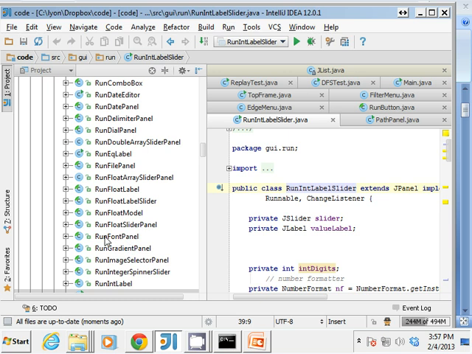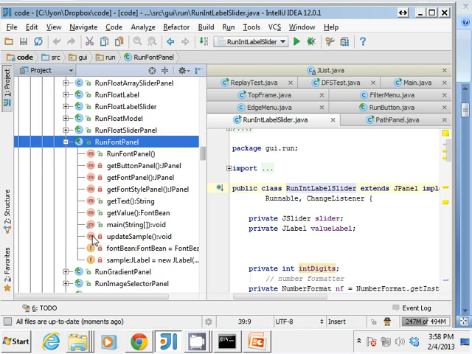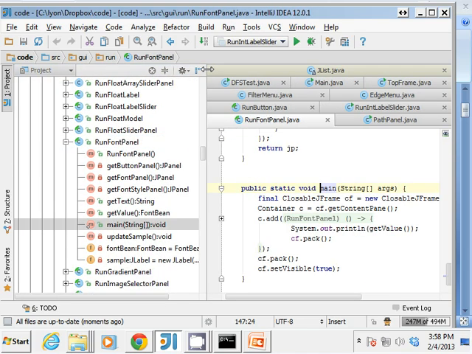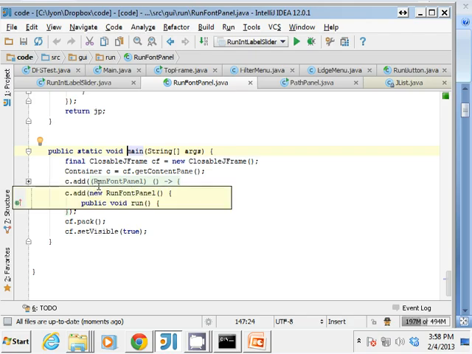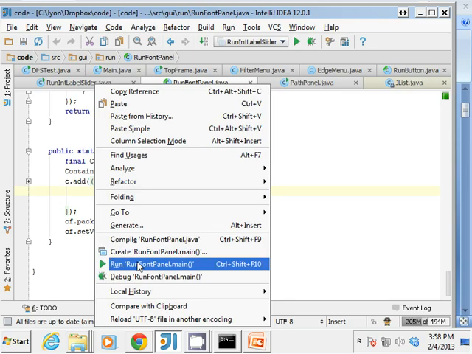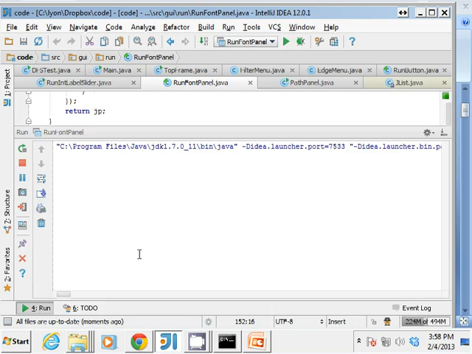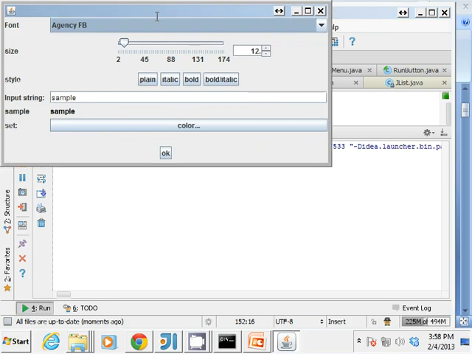Here's a run font panel. Let's see if we can get that to work. So the run font panel, when you select a font, it should be able to get a value and it should give you a font instance. Let's see if it works. There you go. So the run font panel, it should let you pick out a font,